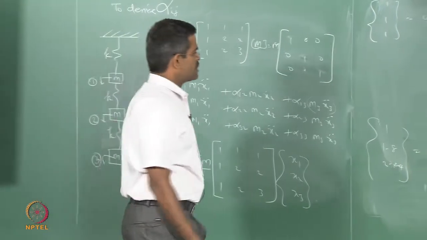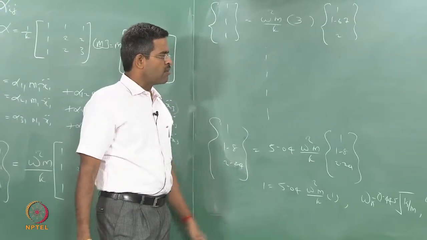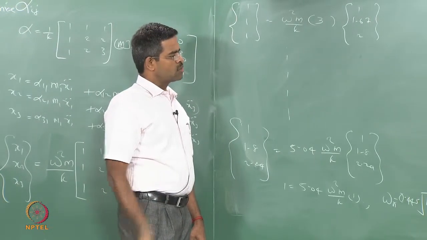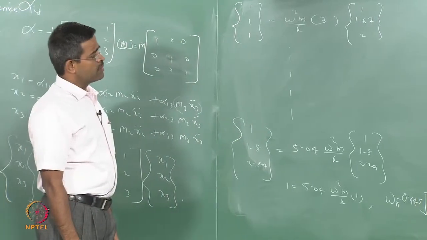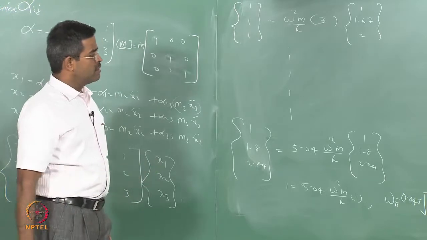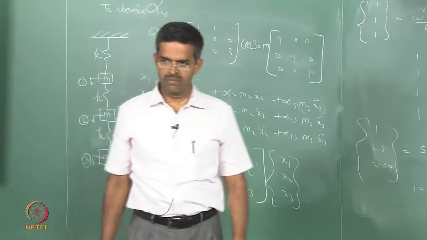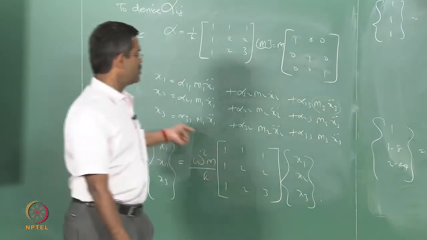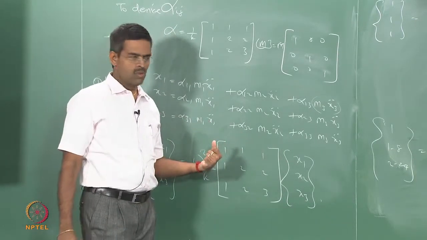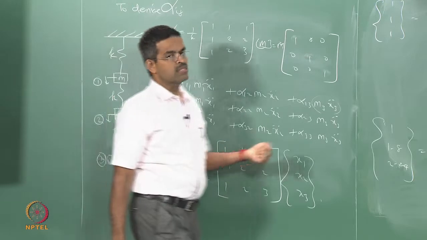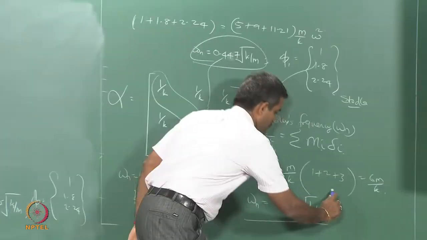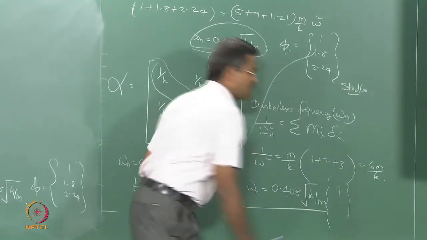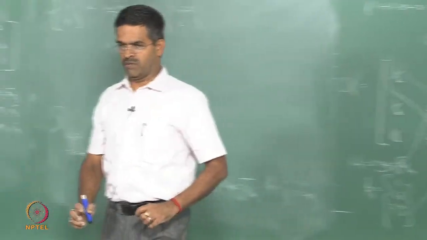In the next class we will take up one more example of a 4 degree of freedom system model and again demonstrate the problem with Stodola's law, influence coefficient method and Dunkerley. You will see that this method will be very promisingly converging for higher degrees of freedom. Now, Stodola's law is considered to be one of the most effective tools for finding the fundamental frequency and the mode shape, which has superseded the use of Dunkerley, because Dunkerley had only one difficulty, it does not give me the mode shape. Now, there is a very interesting question asked to you: why can Dunkerley not give me the mode shape, what is the problem?